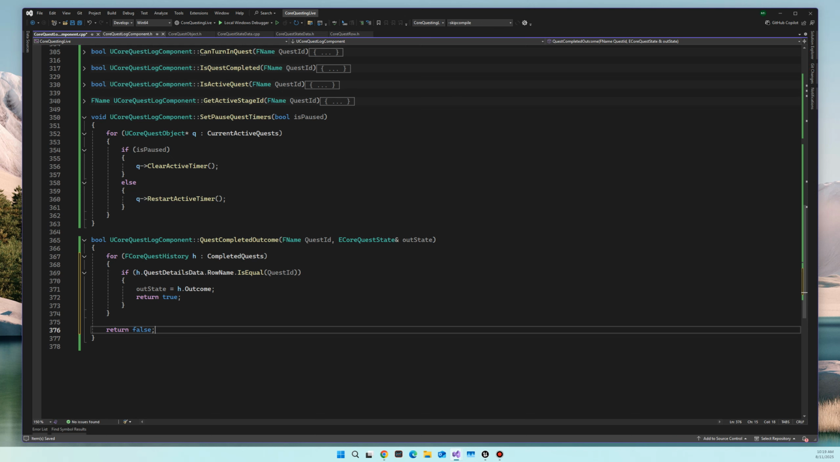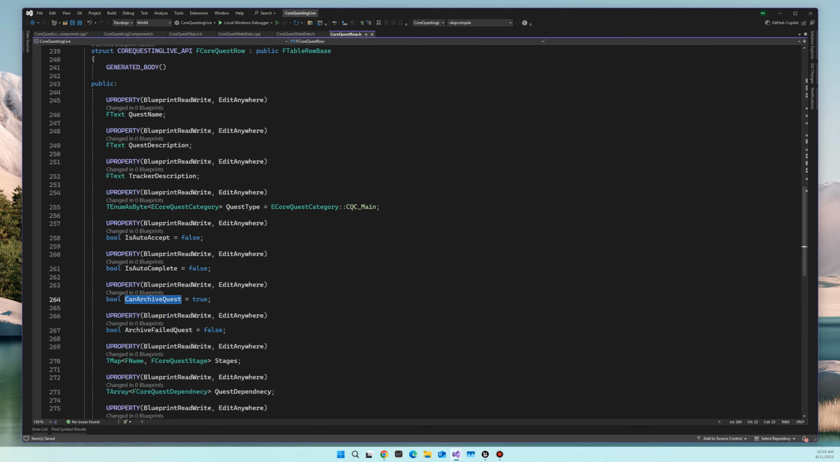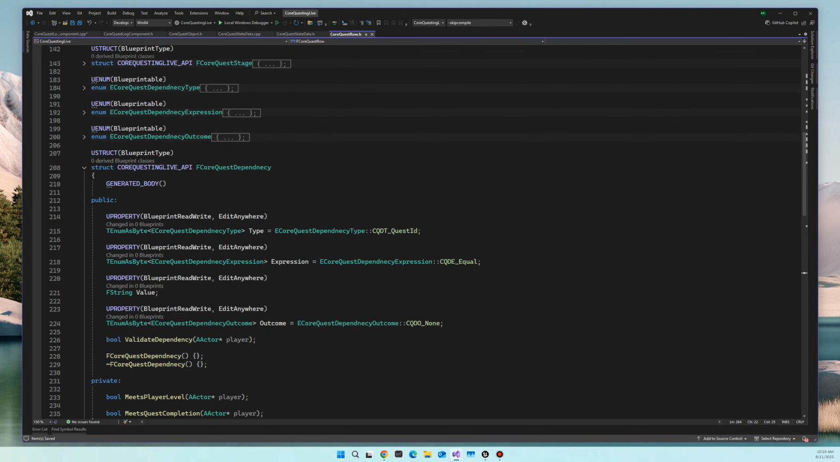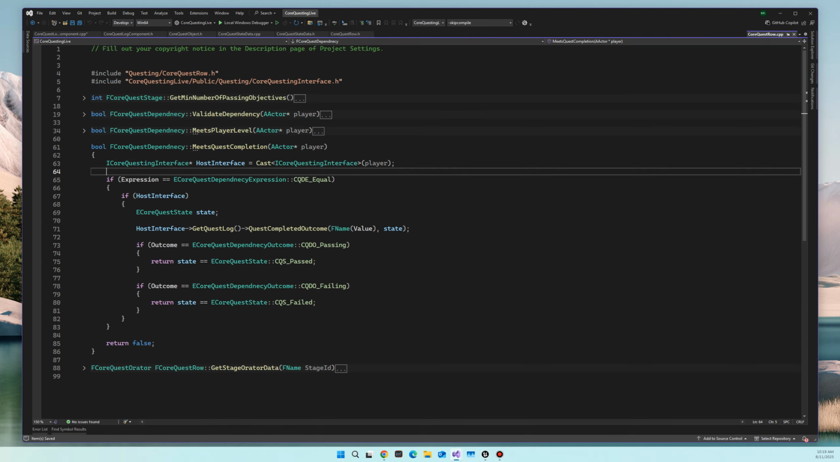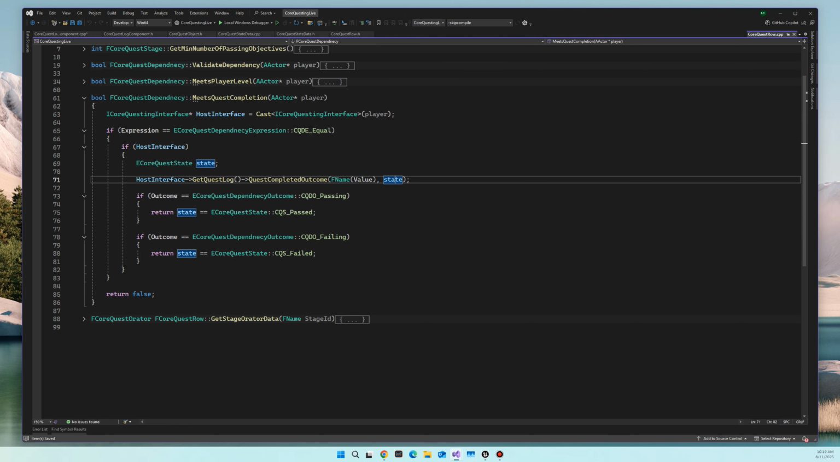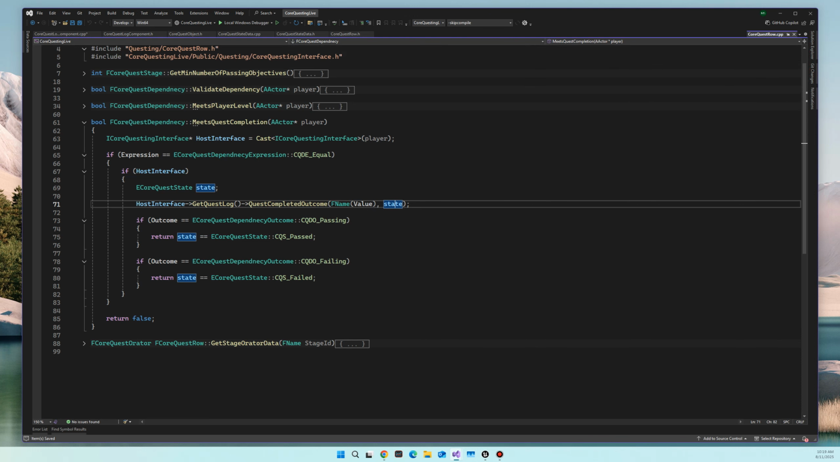So again, this is being done. Let's see if we can find that again. Here's our dependency definition. So this is our dependency, right? This is the function that we're running here, and this is the state that we want to check. So we're going in, checking to see if quest completed outcome. So if this quest is complete, then we'll check to see if the outcome is either passing or failing. So